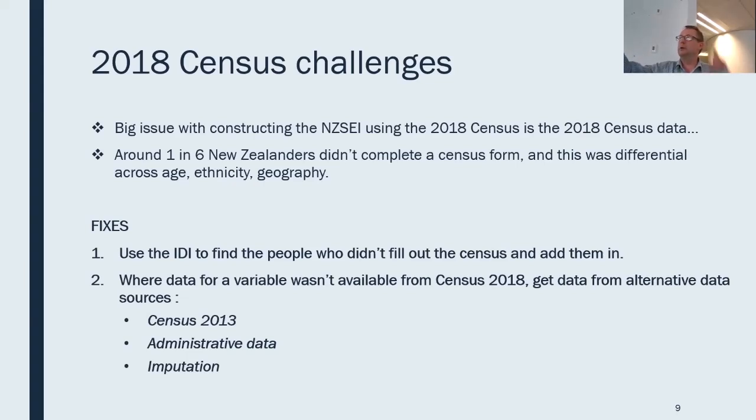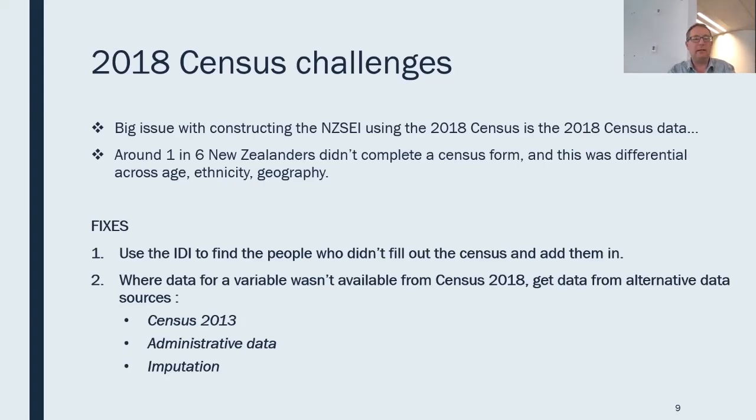But basically what they did is, we know we've got the census for these people, we know who they are, we can find them in the IDI, and we can define this thing called the IDI ERP Shore, which is the subset of the IDI who we're pretty sure were living in New Zealand in March 2018. Therefore, it's this extra group of people who are in the IDI ERP Shore but didn't fill out the census. They are the other people that we're missing. Let's add them in, which is what they did, they being Stats New Zealand.